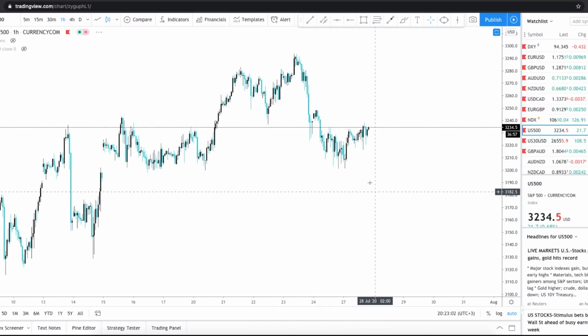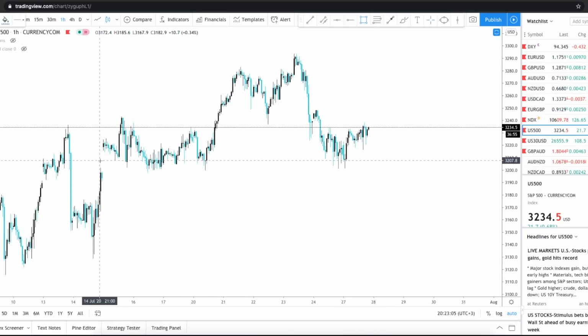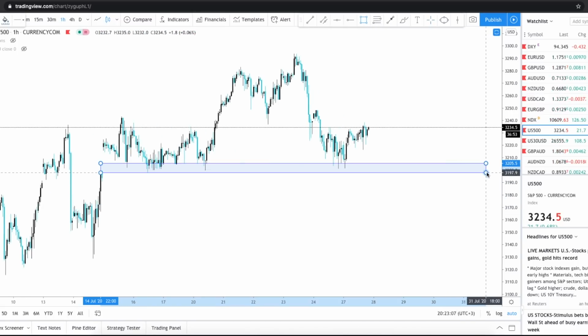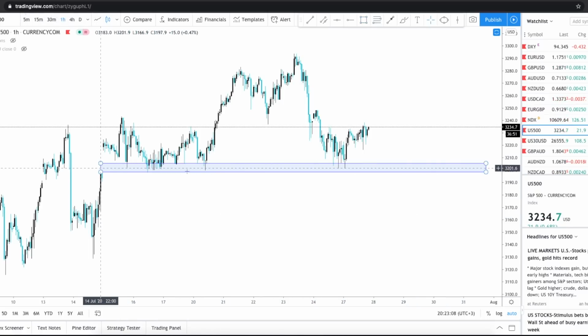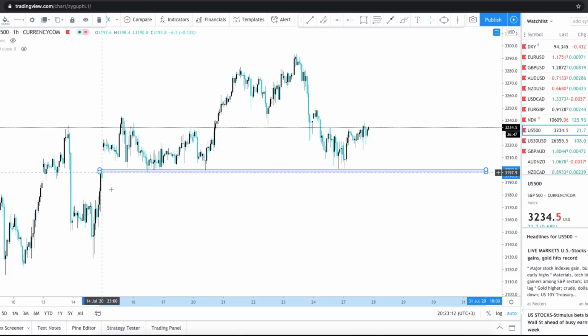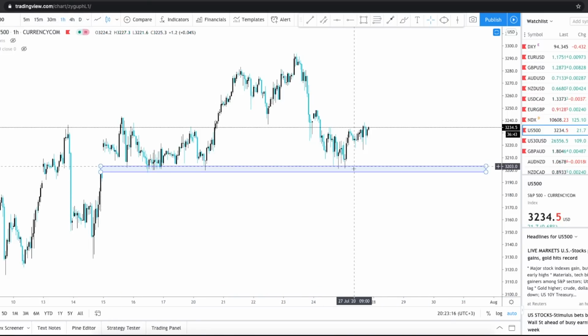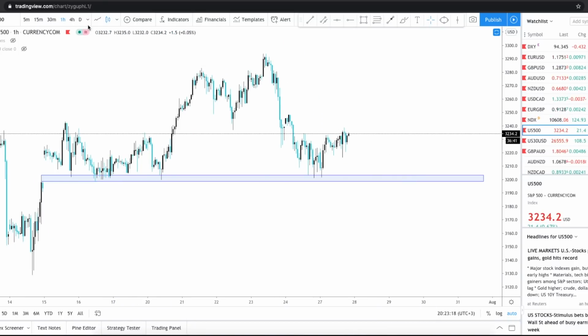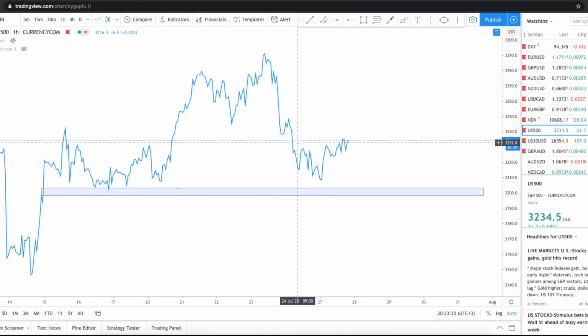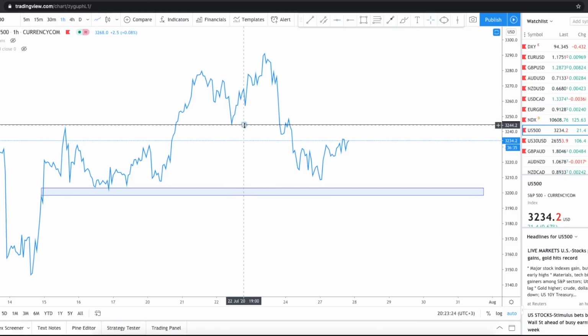Okay, so it looks like we are creating a lot of liquidity over here in this area where there was a recently created gap. Not only that, we have this order block or money box in this area. So let's look at the line chart. Yeah, if it does come back, I'll be looking at this area, how it reacts to this area,